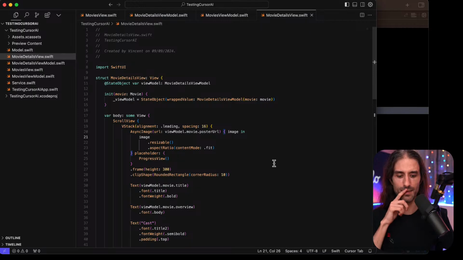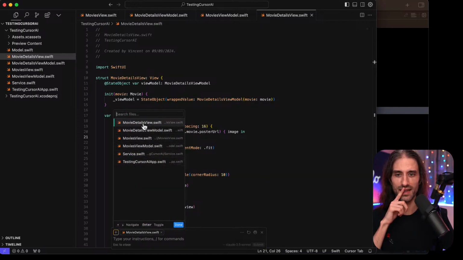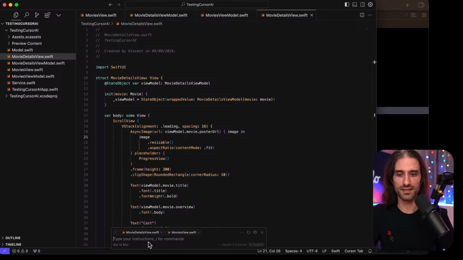So I'm gonna say, okay, so you need to use movie details view and movies view. And so I'm gonna say, add an animation so that the poster image on movie details view morphs into the one in movies view in movie details view.